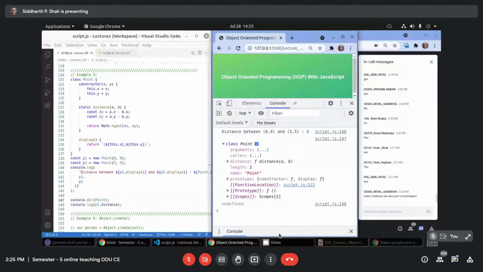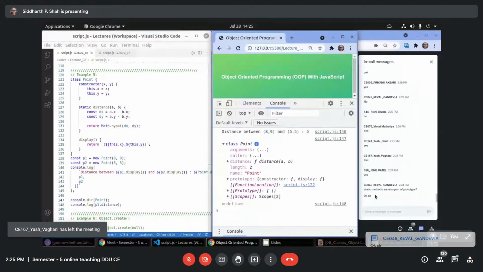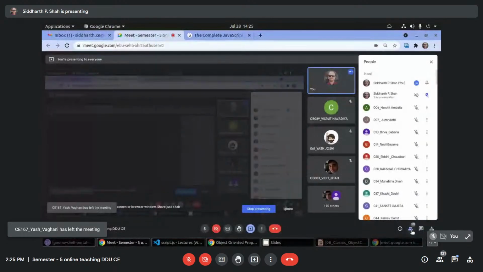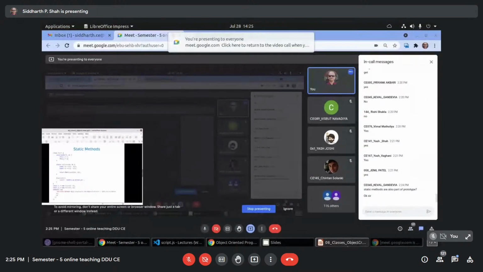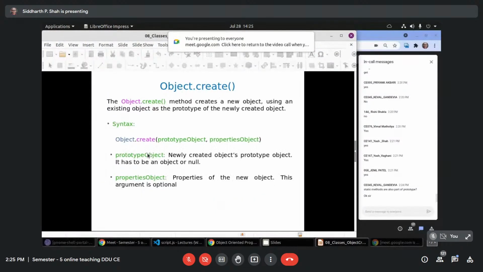See, it is part of the class, not prototype. Okay, someone has unmuted. Fine. So static methods are there.